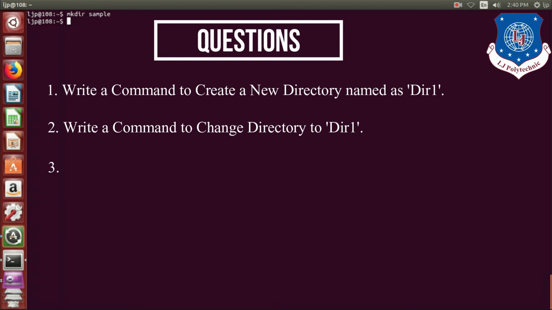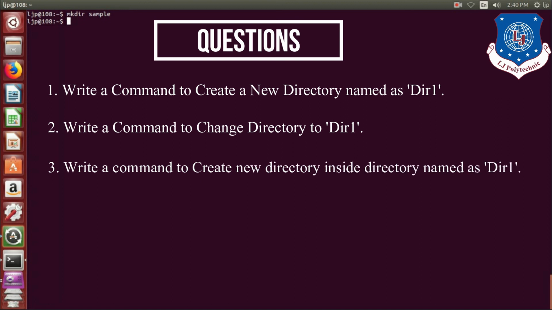Third question is, write a command to create new directory inside directory named as dir1. So in this question, you can give any name to the new created child directory. Last question is, write a command to move to root directory. You can answer all these questions in below comment section.